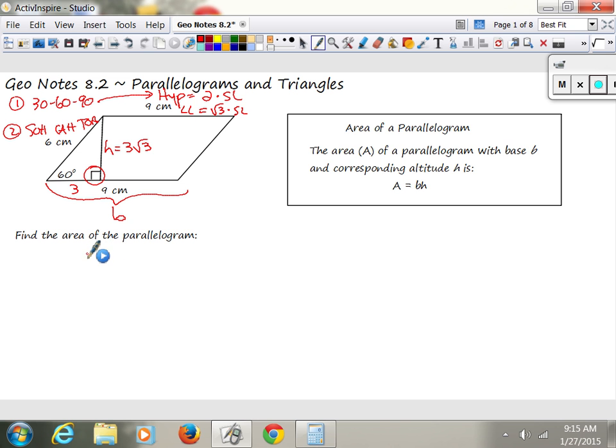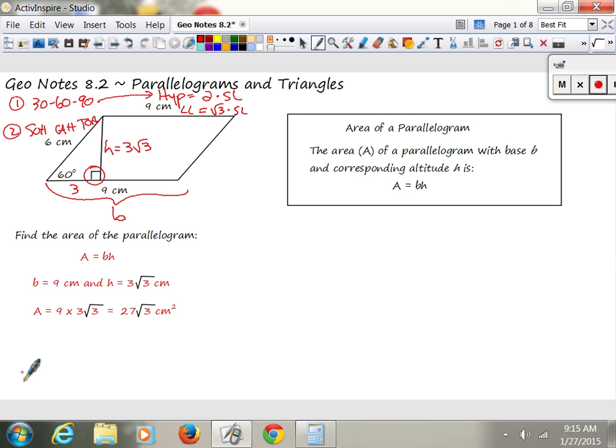So that way the area here would be our base times our height. We now know what the base is. The base is 9, and the height is 3 radical 3. And so your area then is going to be 9 times 3 radical 3, which you could leave as 27 radical 3. Out of curiosity, if we had used SOHCAHTOA,